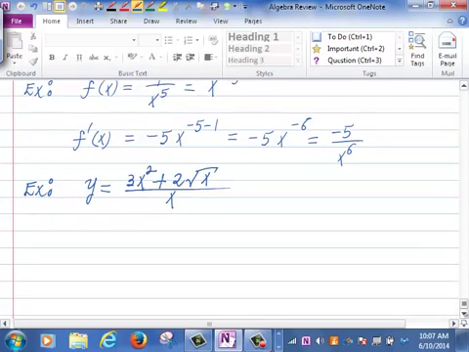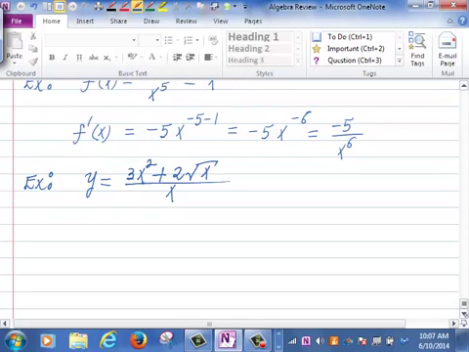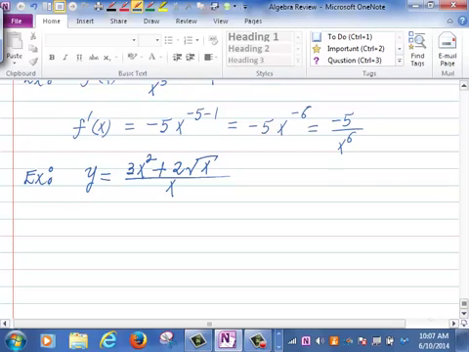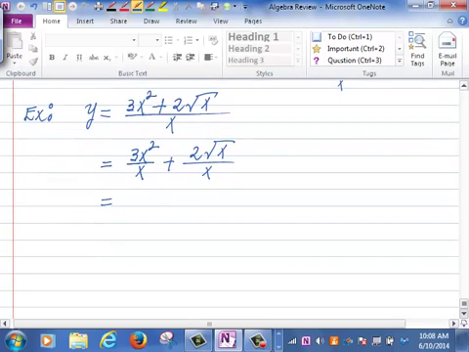Once again, I can apply the quotient rule here. You could do that. However, I won't. I am going to rewrite this as 3x squared divided by x plus 2 root x divided by x. And this is equal to then 3x plus